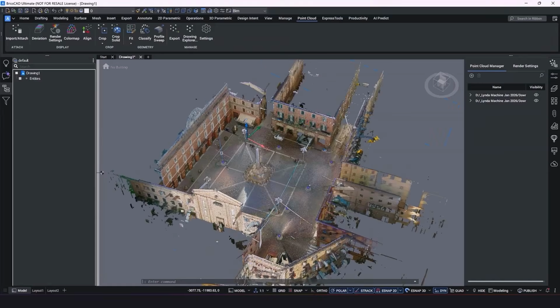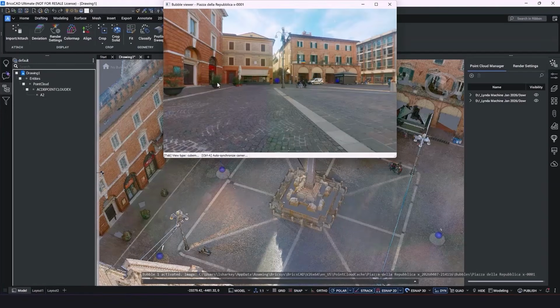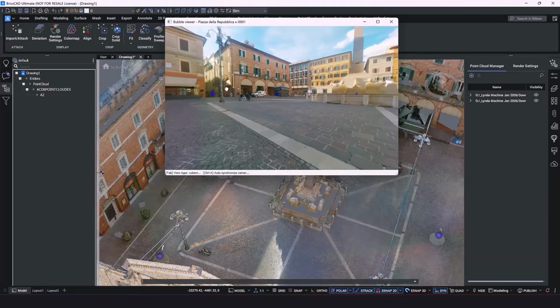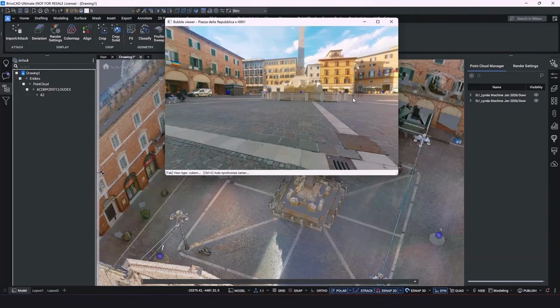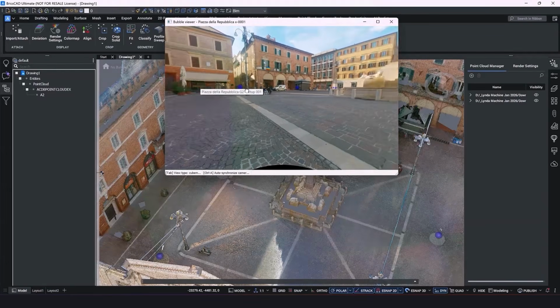Now, if you zoom in, you can see we have bubbles. These are the scans. Double click on one and we have the Piazza della Repubblica there. You can use your middle mouse to click and drag around in the bubble viewer.